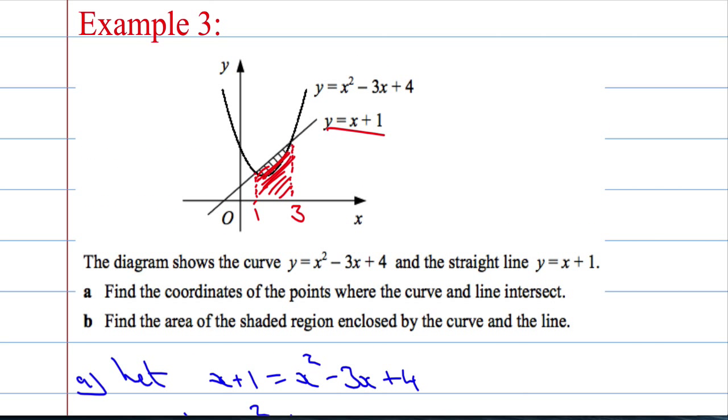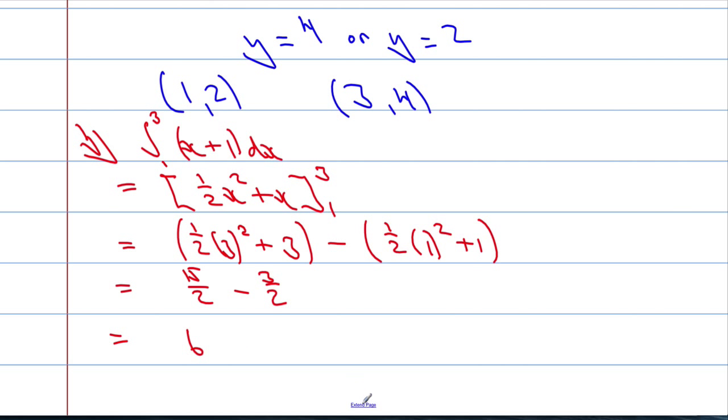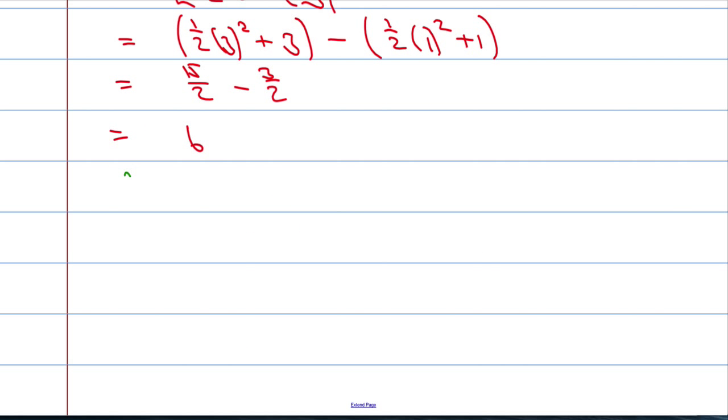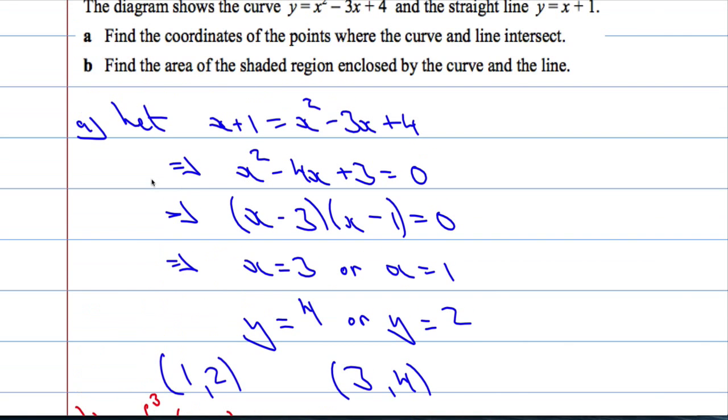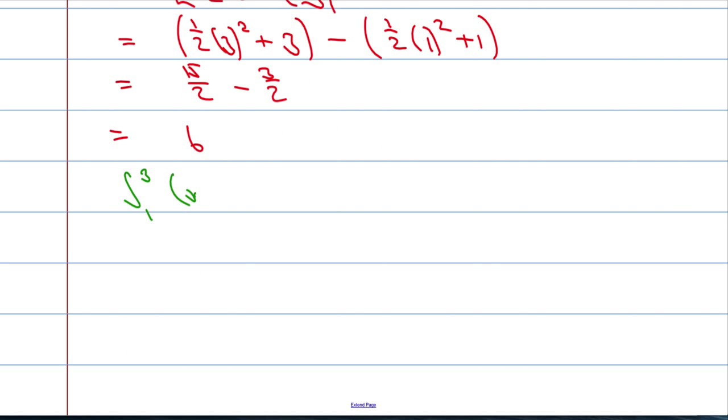Okay. Now what I want to do is work out the area trapped between the curve and this green area here, which I'm going to shade in. So everything trapped between the curve, not the line, and the x-axis, so this area here, like so. We're going to do that very much the same way we did the last one. So I want the integral between 1 and 3 of the function x squared minus 3x plus 4. We're integrating that with respect to x, and that should give us,